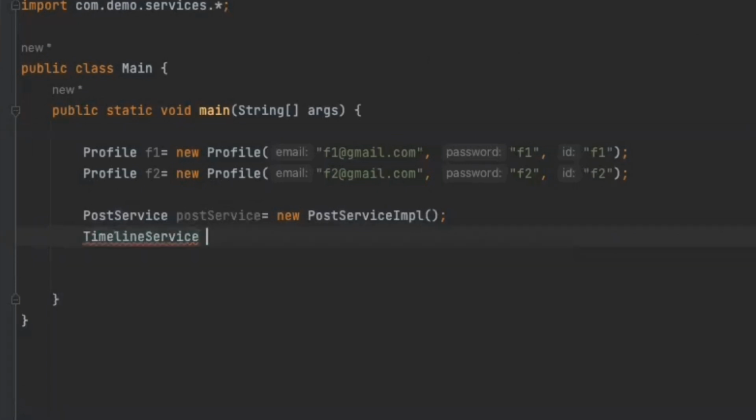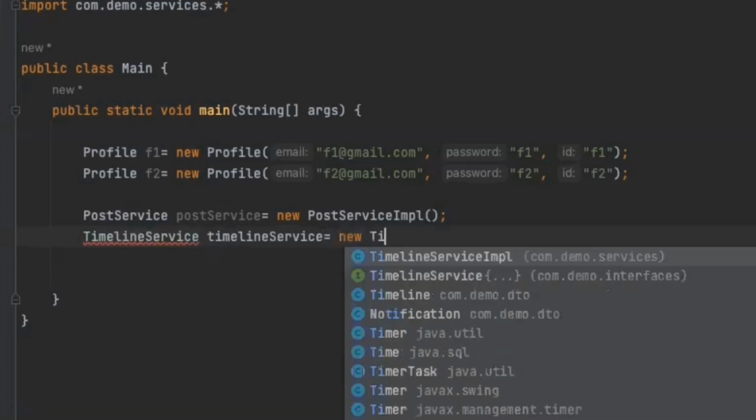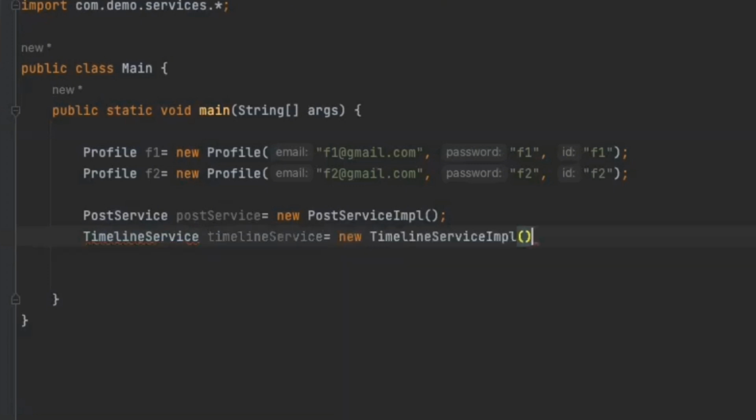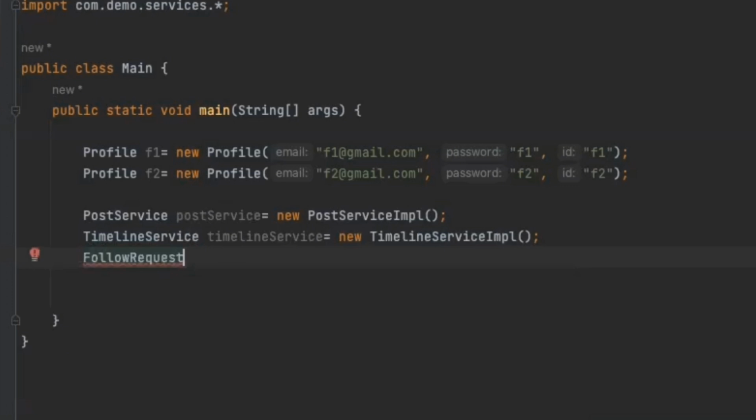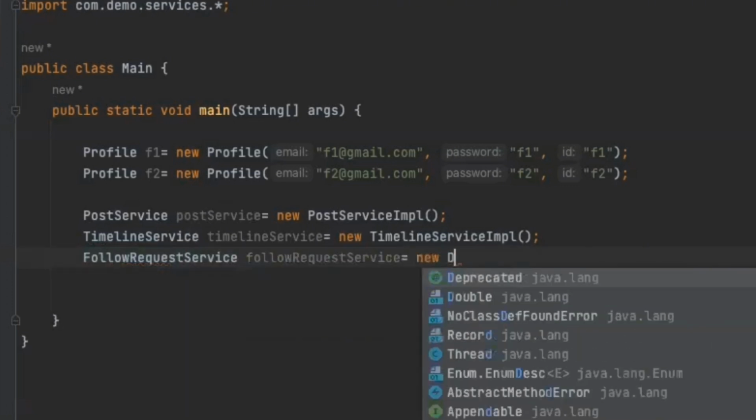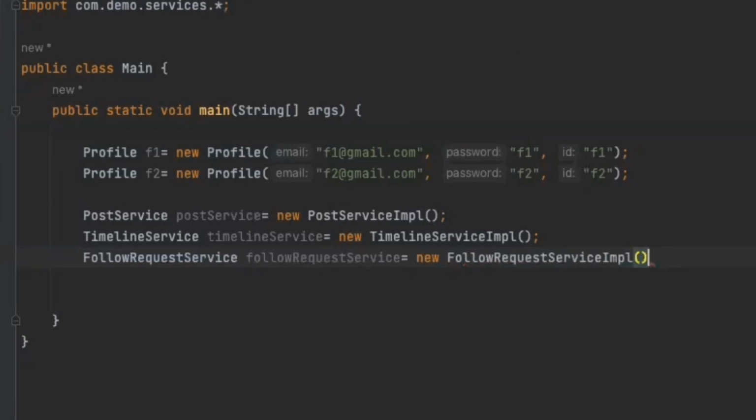Timeline service equals new timeline service impl. Same way, let's have follow request service also, because we would try to send a follow request from f1 to f2. So let's just fetch follow request service equals new follow request service impl.